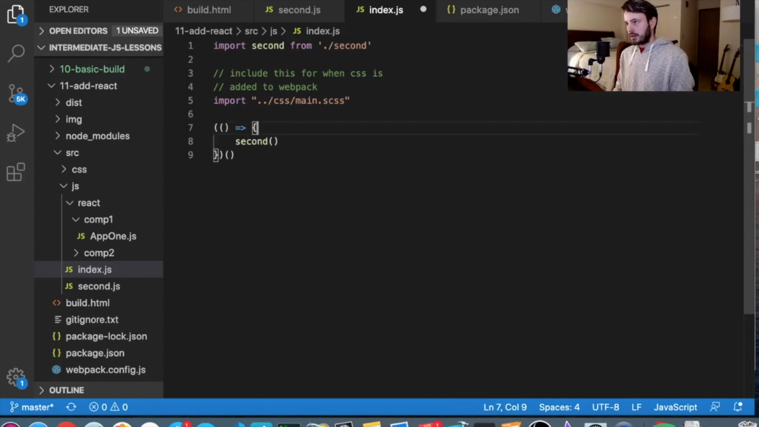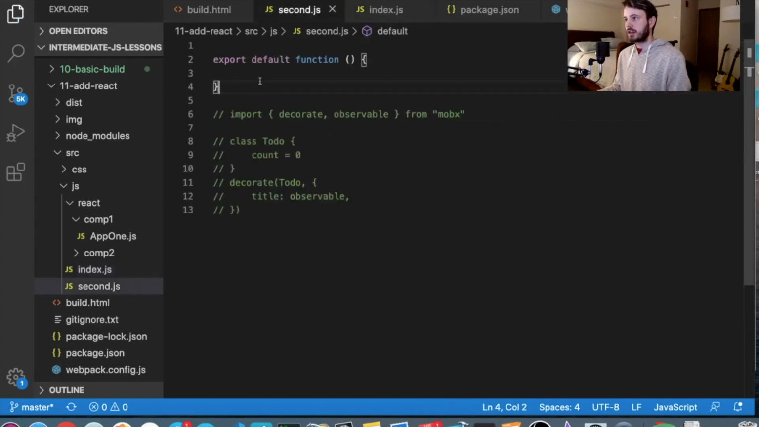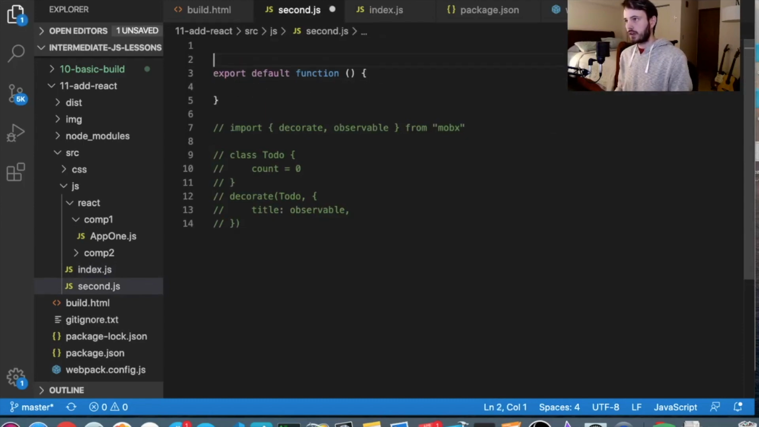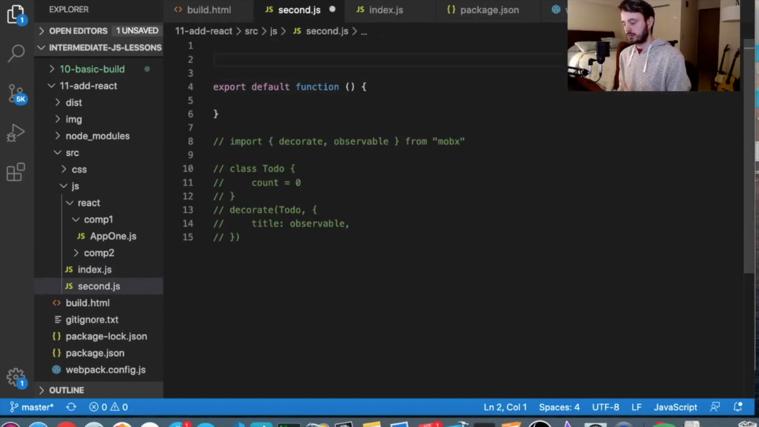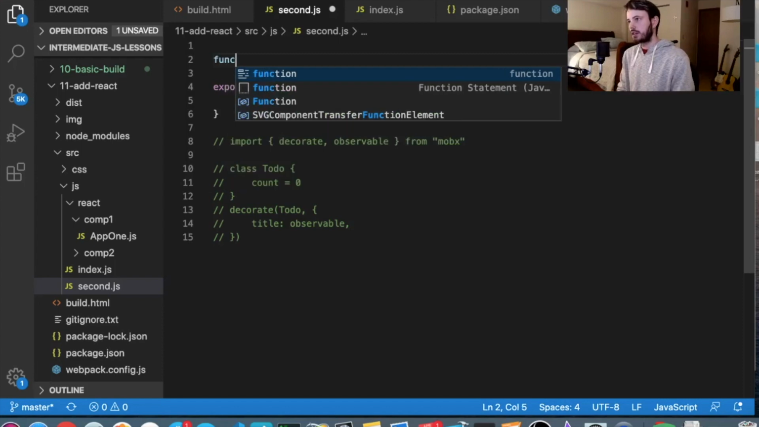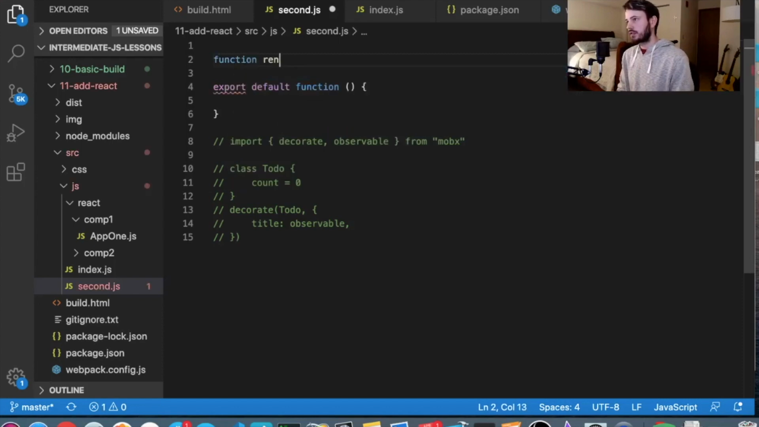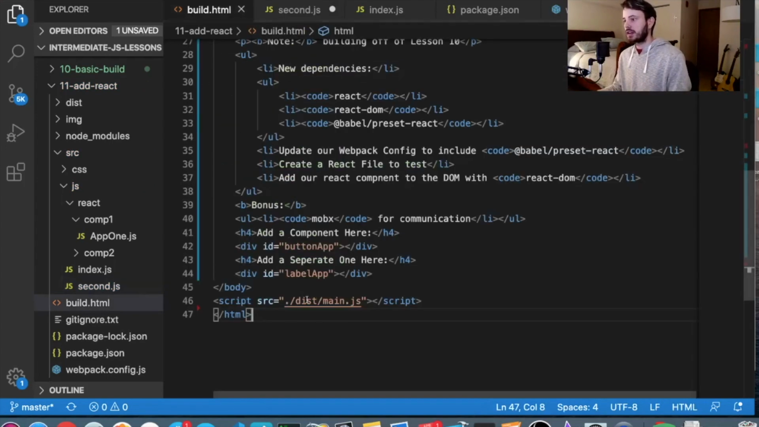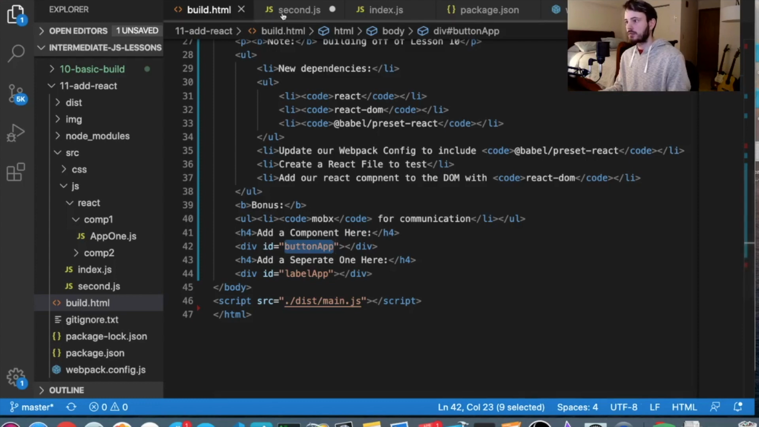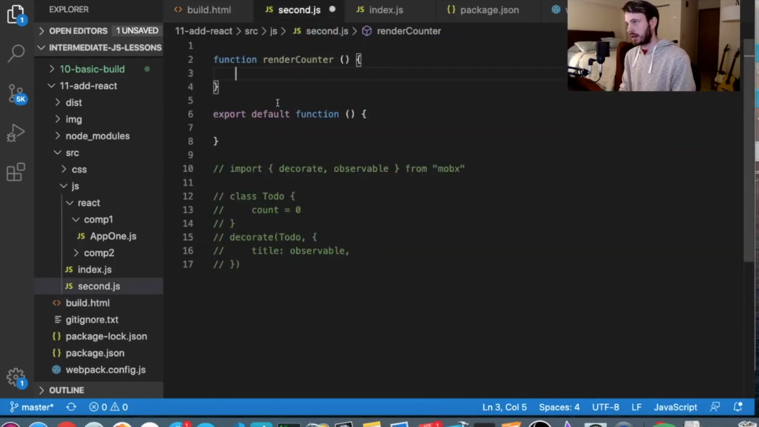And that's not necessary either. So we'll save that up. Second.js. Now what I'm going to do just for the sake of organization is create a function and say render counter. If we look at our build.html, we see that where that first component is button.app. So we'll take that